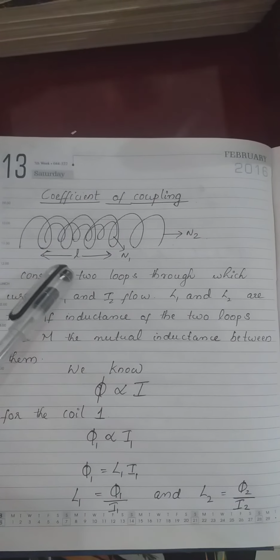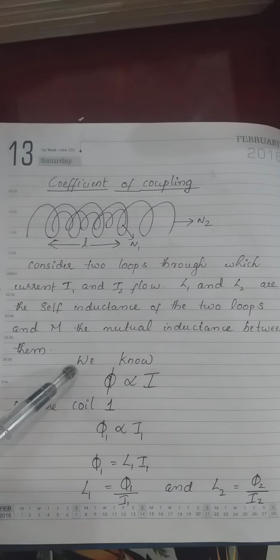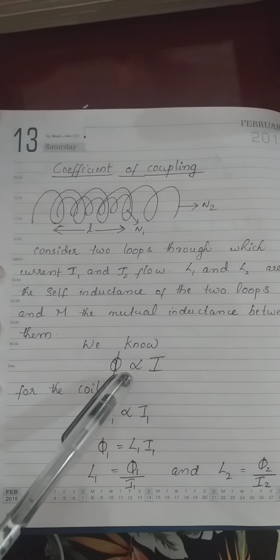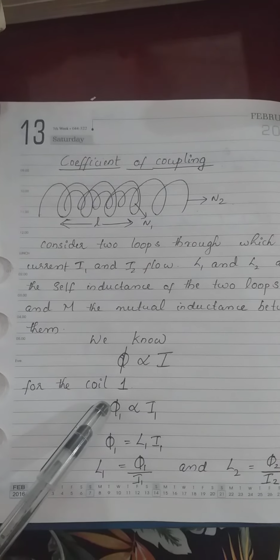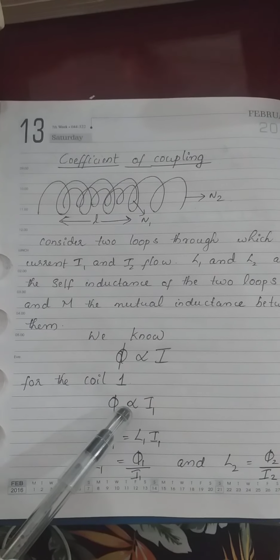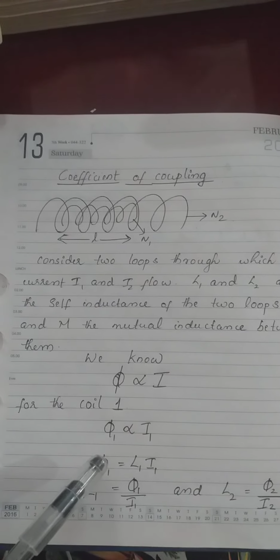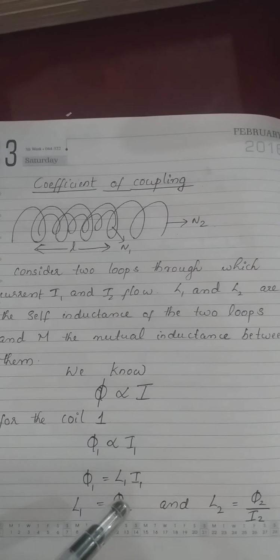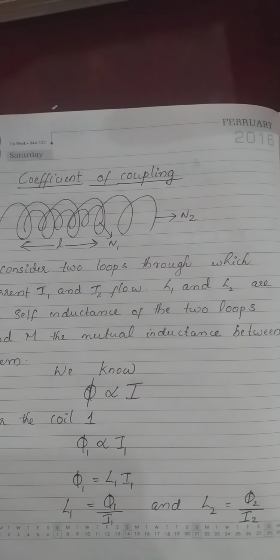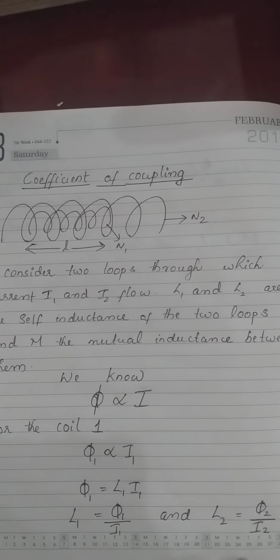Then we know if we consider one coil, there is a self-inductance. So we know the flux is proportional to current. In the case of self-inductance, this proportionality is changed by using a constant L1. So for coil 1, phi 1 is proportional to I1, then the proportionality sign is replaced by a constant. Phi 1 is equal to L1 I1. Then from this, L1 is equal to phi 1 by I1. Similarly for the second coil, L2 is equal to phi 2 by I2,